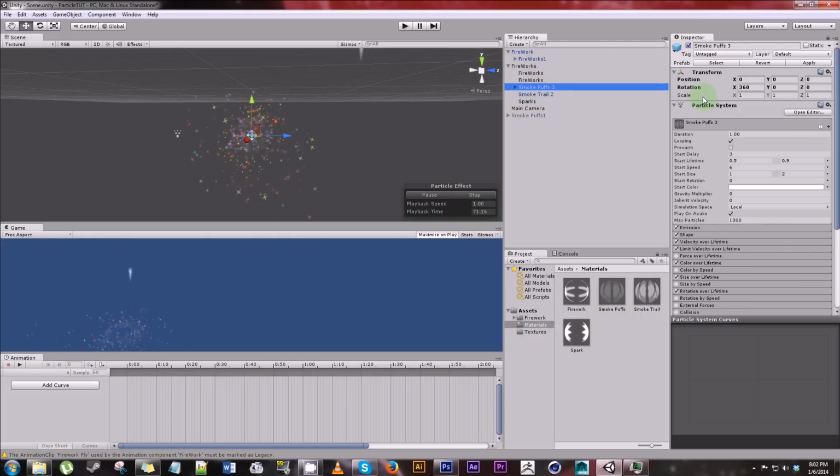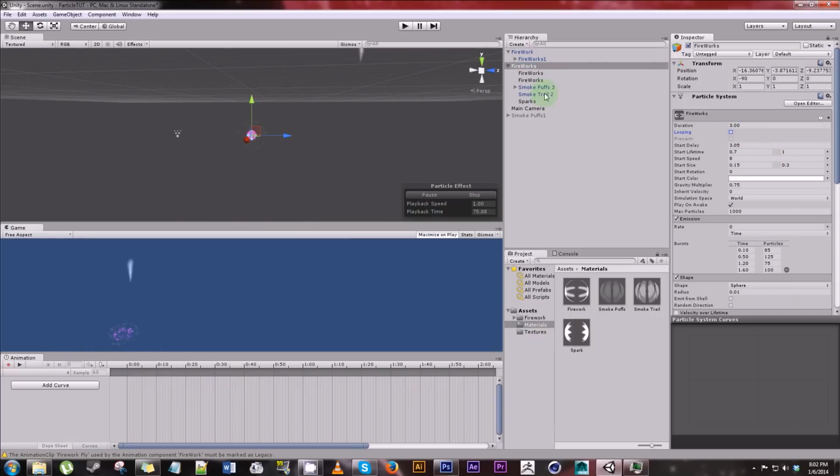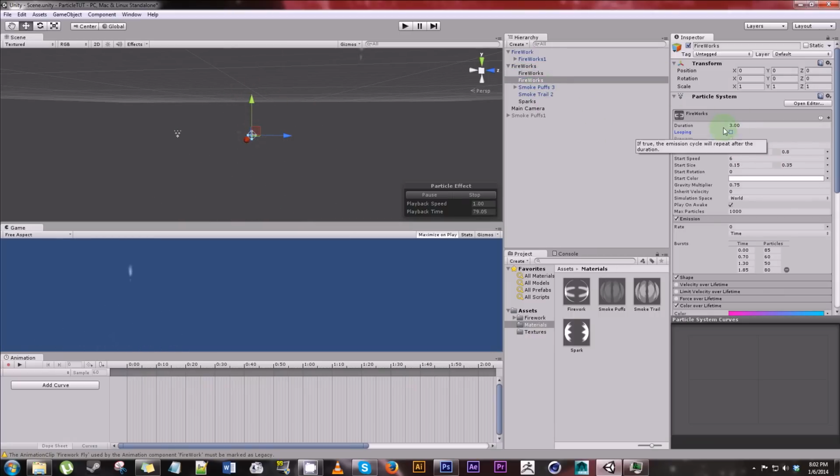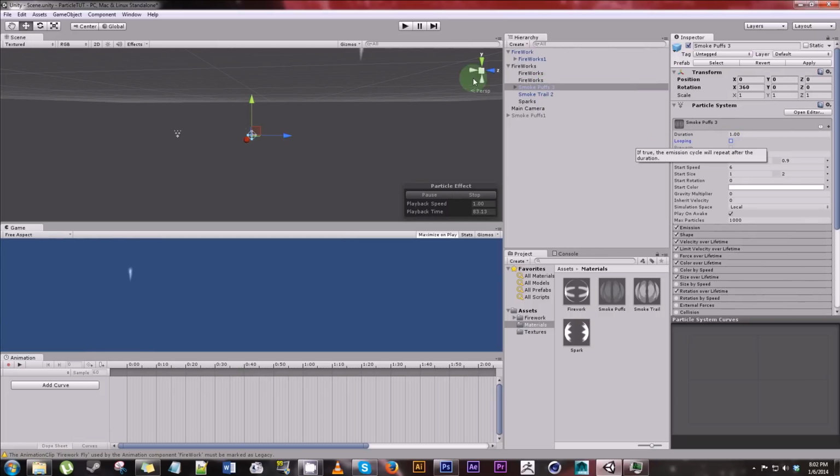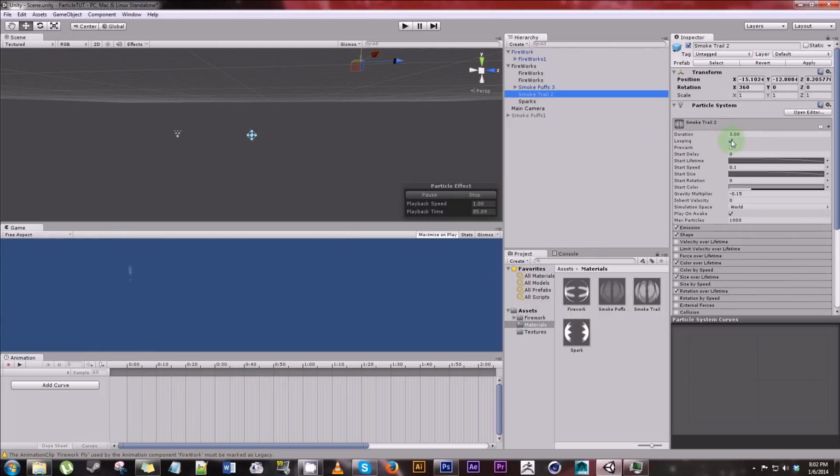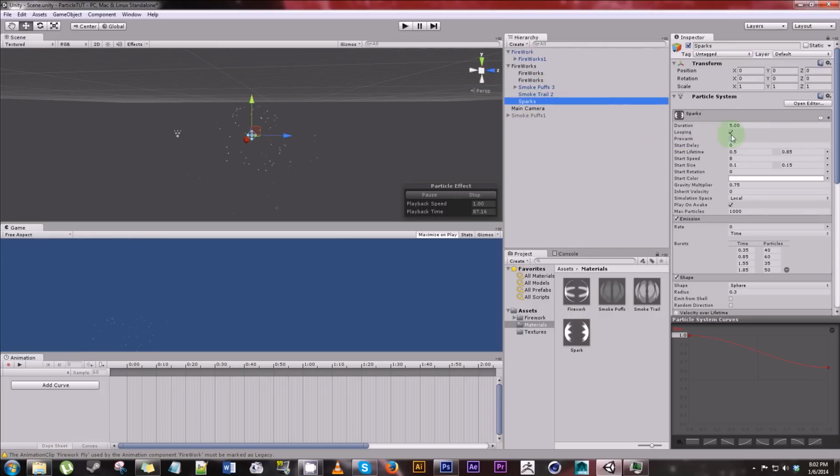So now we have our effect. We don't want it to loop, so turn off all loops. Looping is just my favorite way of previewing what's actually going on. So turn off looping. Sorry, the duration of the sparks is going to be 3 seconds. And I forgot to put the delay is also 3.05 seconds. So now that we have that,